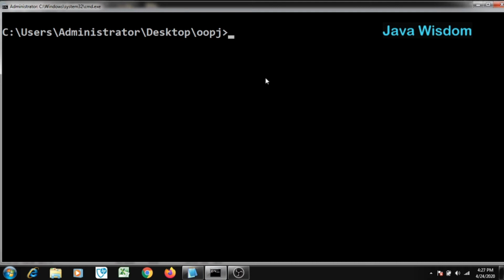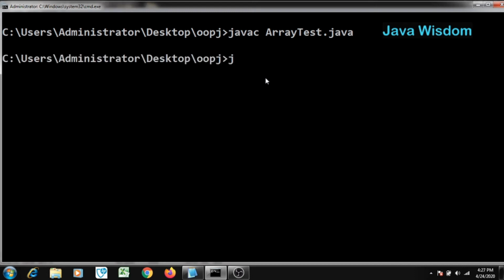It's always good practice to test and compile your program in between, so it is easy to resolve the errors if you have any. Okay, so this is compiled properly. We will check whether it is taking input or not.